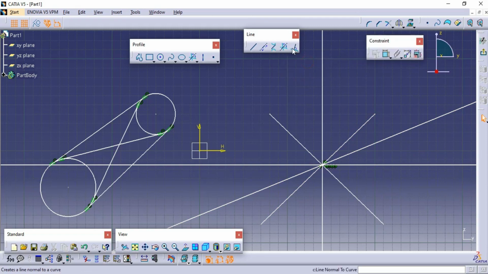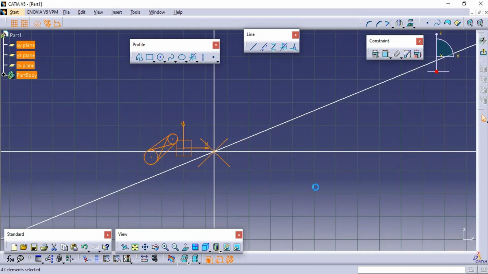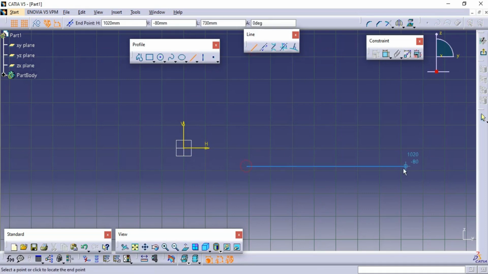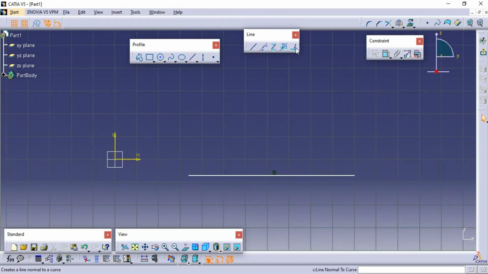Next to that, the third type of line is the line normal to curve. So the third line is the line normal to curve. For that purpose first I need to draw one line, and the next line you can draw perpendicular to this.